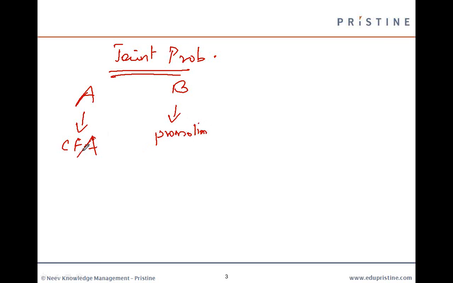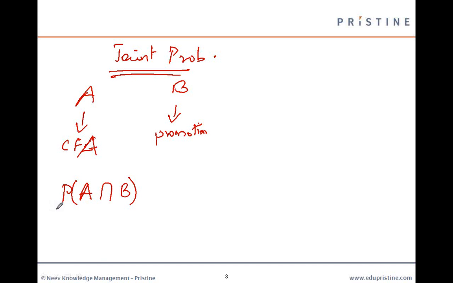Yes, because you may either pass the exam or not. And assuming that your promotions are going to be announced in June, again it's a random event. You may either get promotion or not. So joint probability tries to answer questions like, what is the probability that I pass the CFA exam and I also get promotion in the coming June